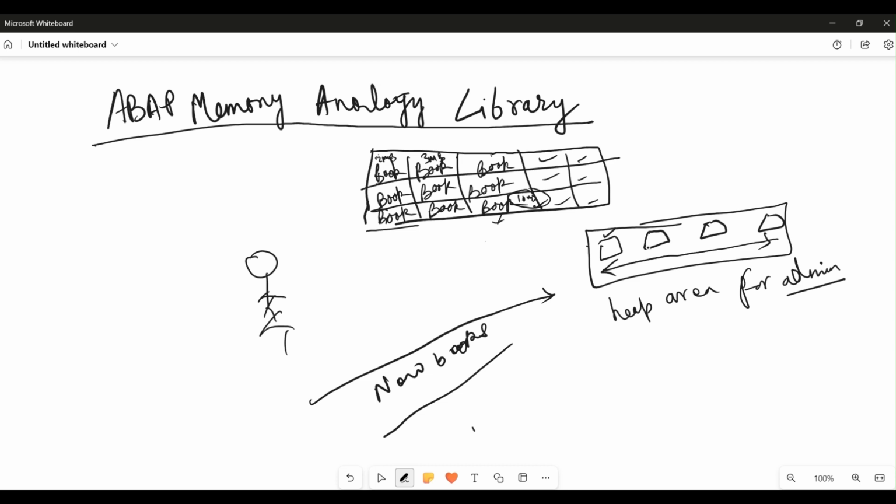So what would they do? When do these admin tasks run? This admin task is running either in parallel or during the non-office hours when my library is already closed. Suppose from 12 to 4 the library is open, and after 4 p.m. till 8 p.m. they are doing admin tasks. So